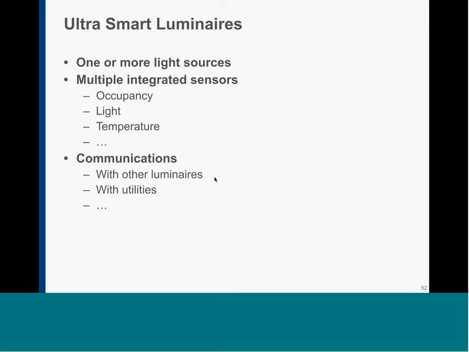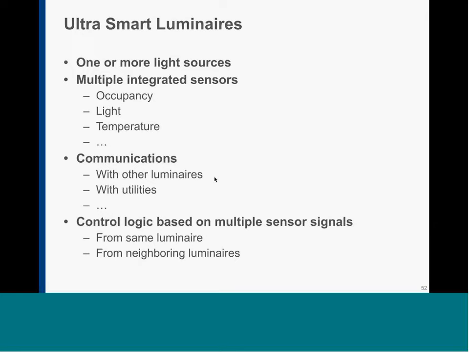So imagine I'm passing with a white shirt under one of the smart luminaires. That smart luminaire will see more light, but before it dims itself down, it will see that the rest of its sisters in the space didn't see that, so it will understand that something is happening under the space. So this is the new approach, and I believe that it is going to be the future for many reasons,